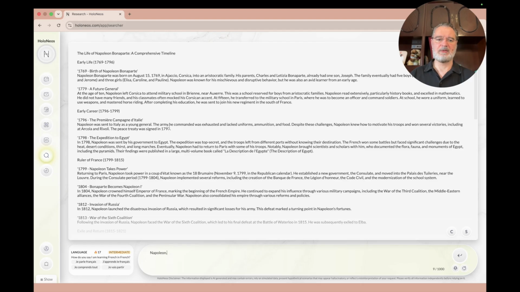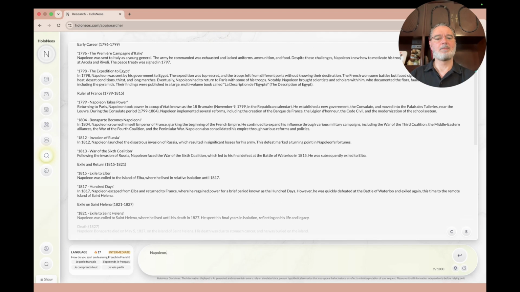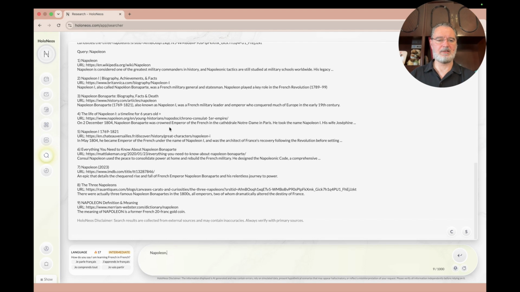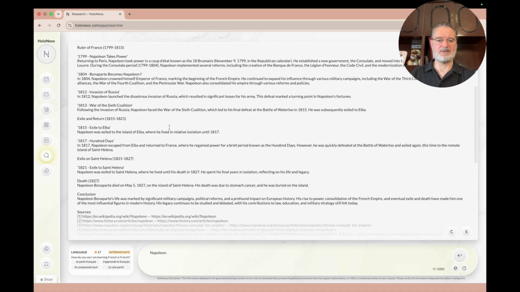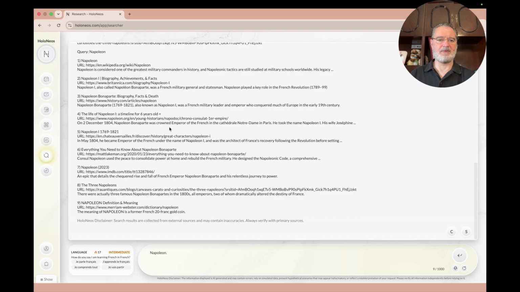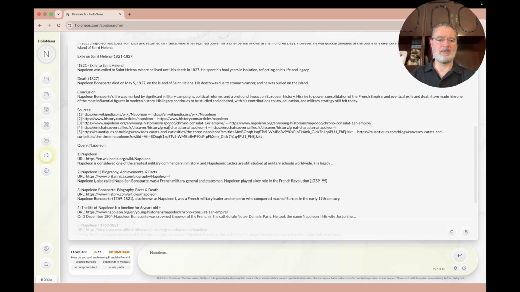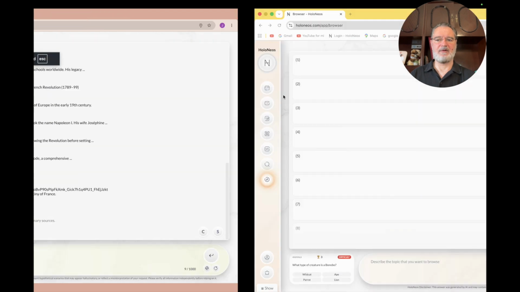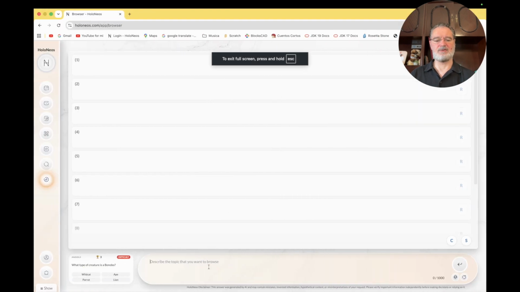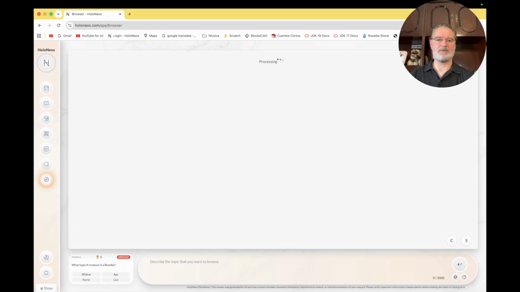The research. This is a very powerful tool to conduct your research. It doesn't matter if you are a university professor or a student, you can get any type of information you want, and then again you can edit to add more information. And finally, we have here, let's just show you the browser.